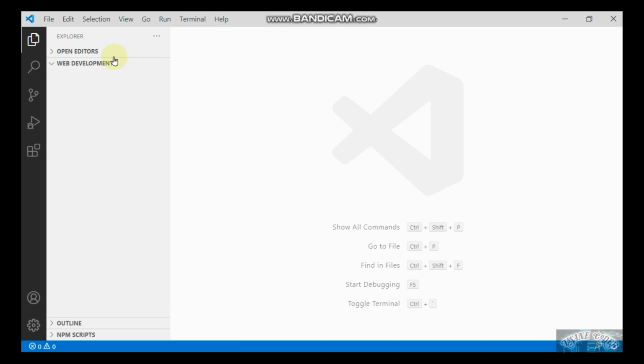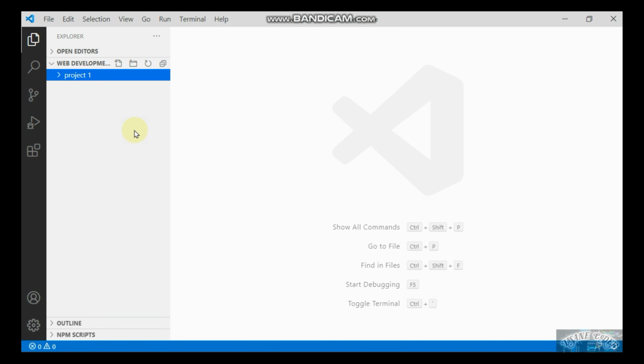So the advantage of that is I can create a new file and folder whenever I want in this folder without moving back to the folder and then adding a file and opening it. I can simply create a folder or file and then open it right here. So I will create a new folder inside that, and I will name it project